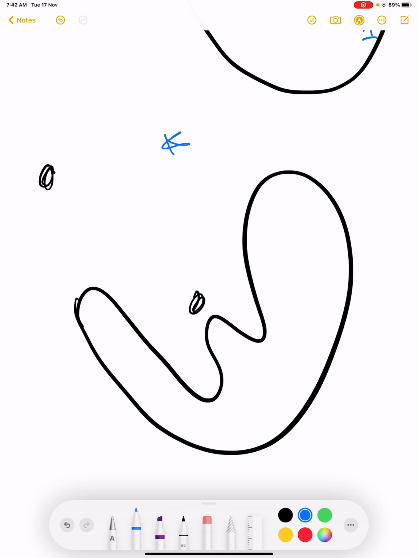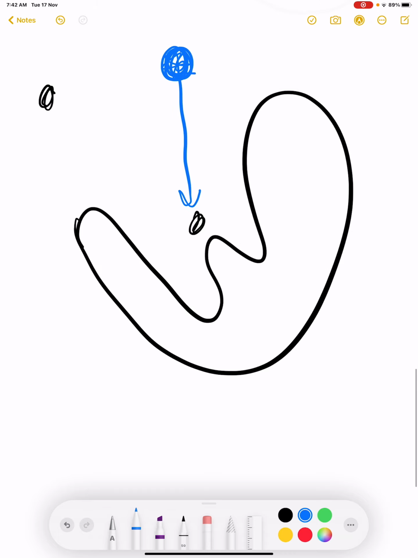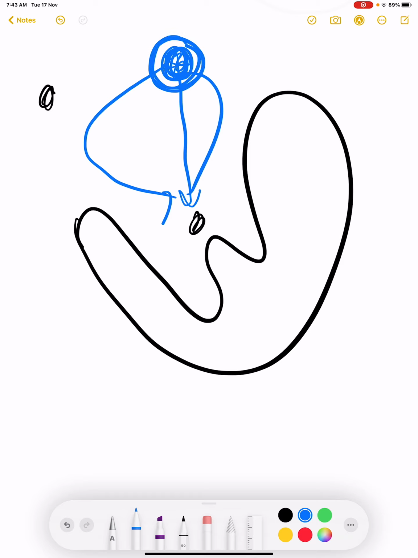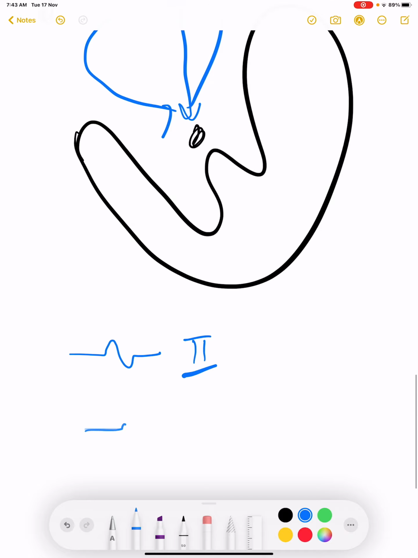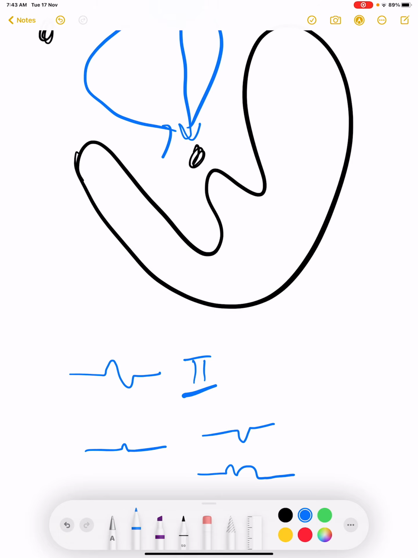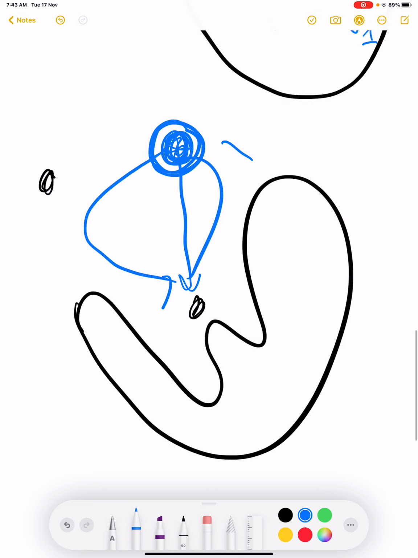So let's say we have some point in the atria, and that focus is depolarizing. If that focus is depolarizing, the P wave direction and shape will be changed, and what type of shape it will be depends upon the location of that focus. The shape can be like this in lead 2. It can be a small P wave or an inverted P wave or a bifid P wave.